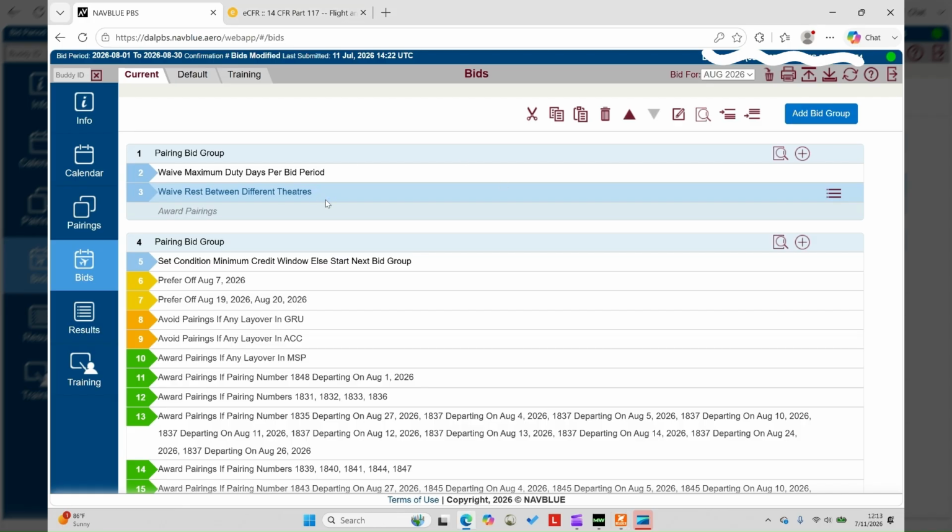This applies like, say you have to commute and you're commuting to New York, and New York can go to Europe, it goes to Africa, it goes to South America. So say you just want to go get all your stuff done with and get home to Montana or whatever as soon as possible. You can waive that right so you have less time between pairings, but you're still limited